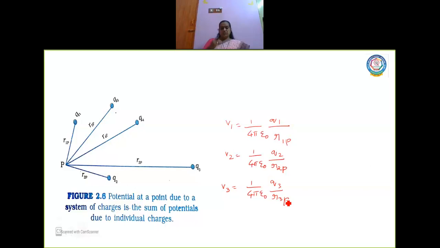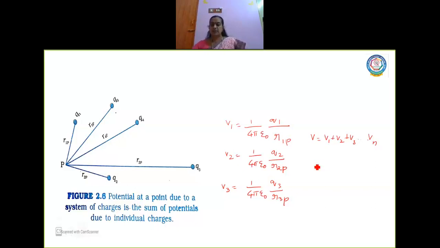So, the potential at P due to various charges which are at distances r1P, r2P, r3P can be combined together to find the sum of the potential. So, what principle do we go for here? The principle involved is the superposition principle. V is equal to V1 plus V2 plus V3, up to however many charges there are. Suppose there are n charges, you will find all the individual potentials due to the individual charges with respect to their position vectors, and when you sum them together you will get the total potential.